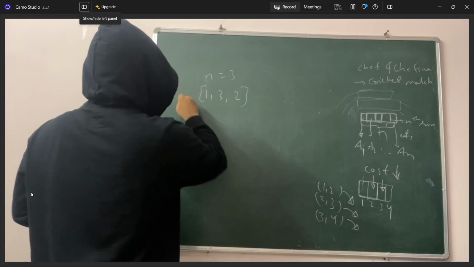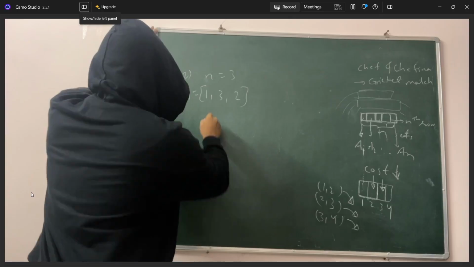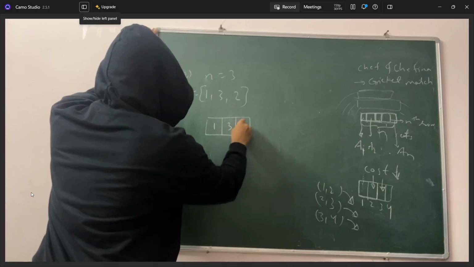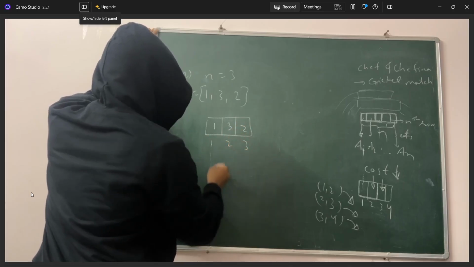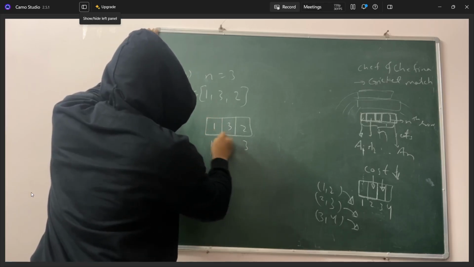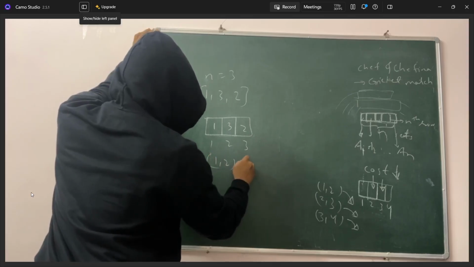So these are the costs. Second example. So it's like seat number 1 2 3 we have, and then its costs are 1, 3 and 2. Let's say now chef and chefina want to sit in these two seats, right? 1 2. So 1 2's cost is like